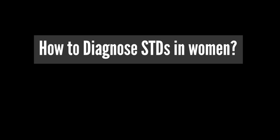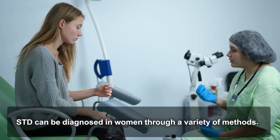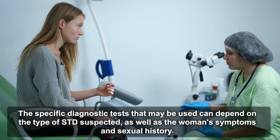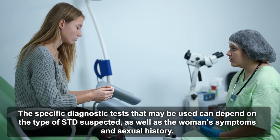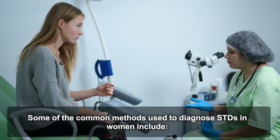How to diagnose STDs in women. STDs can be diagnosed in women through a variety of methods. The specific diagnostic tests that may be used can depend on the type of STD suspected, as well as the woman's symptoms and sexual history. Some of the common methods used to diagnose STDs in women include